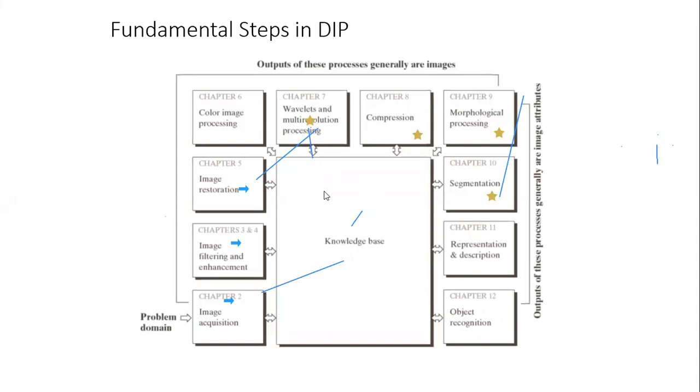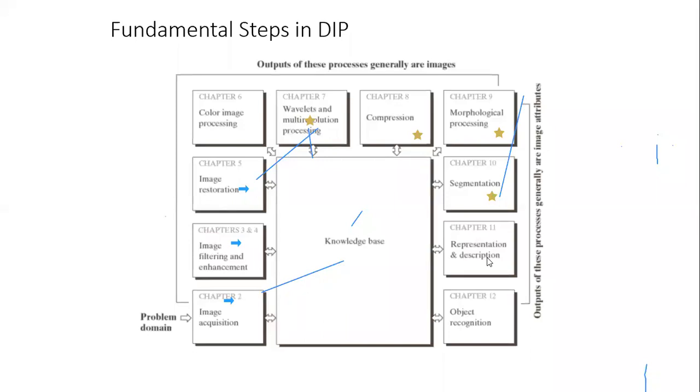For example, if I want to know only the entire area of this one, I don't require the middle one, so we can extract only the edge information. That also comes under segmentation. Each one is nothing but one chapter that you have to understand. Those things we are going to discuss further in other chapters.